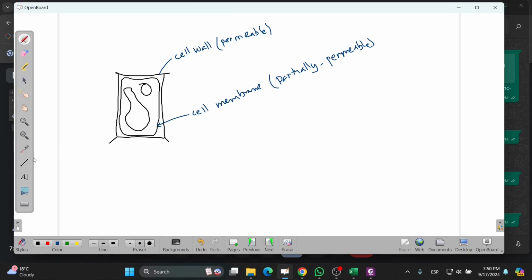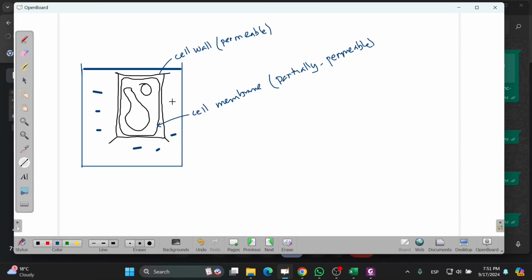Right? And then we put this, let's say this is an onion cell, right? You put it in a container with some water in it, just pure water, distilled water,